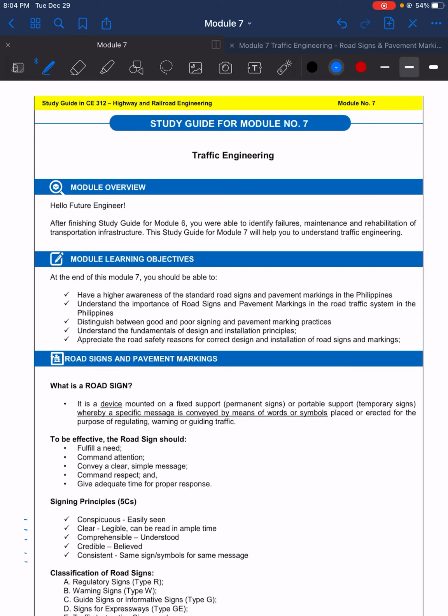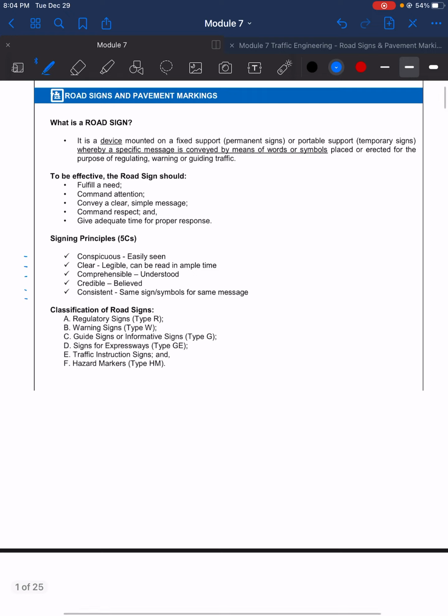This is our lecture video in Highway and Railroad Engineering for Module 7, Traffic Engineering under the topic Road Signs and Pavement Markings. Now, what is a road sign? A road sign is a device mounted on a fixed support or permanent signs or portable support, temporary signs, whereby